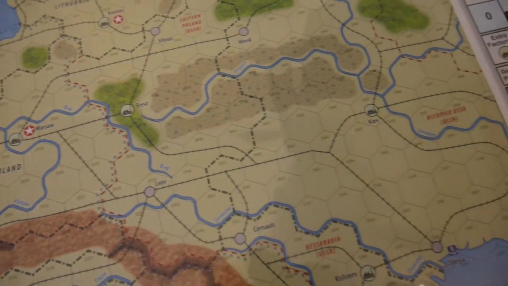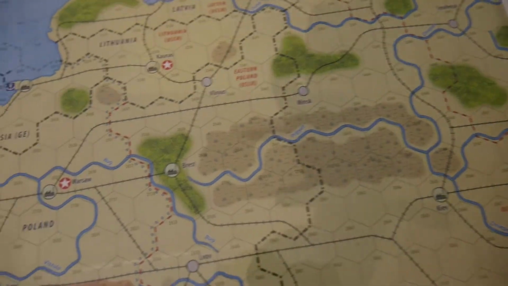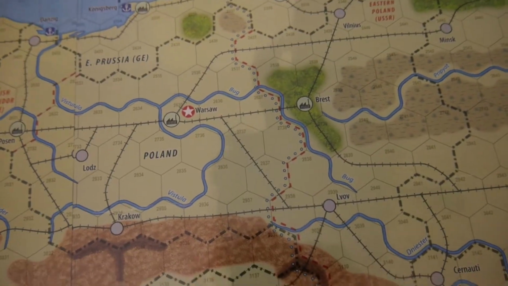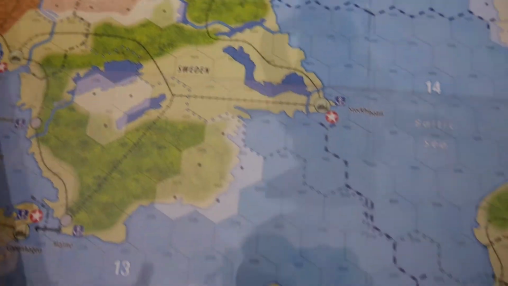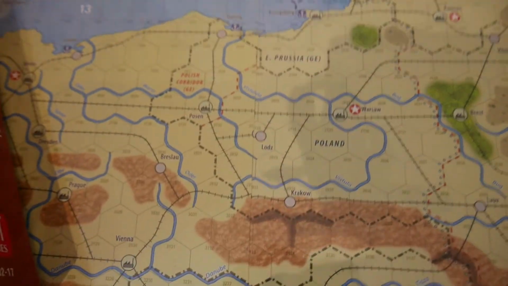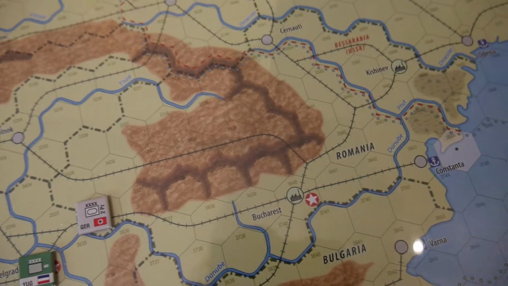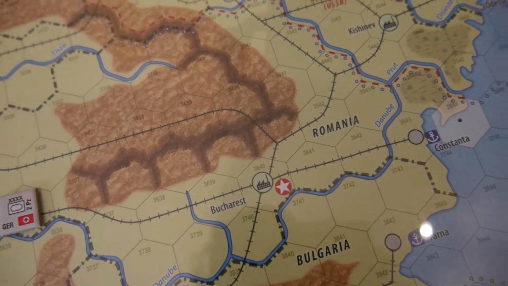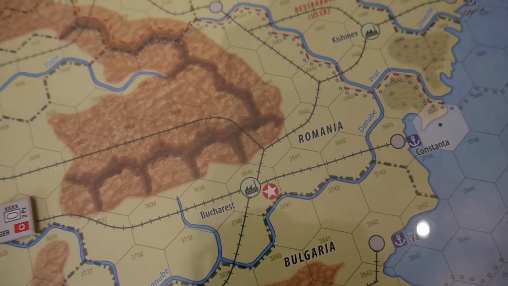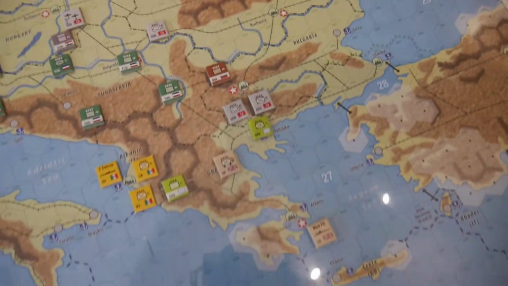minutiae. We've got the plains, the steppe of Russia there, the Pripyat marshes. You have woodland or forested areas. You have transport routes. You have mountains and rough terrain, rivers, cities and industrial areas. Capital cities are shown with those red stars, look, or rather red circles with the white star. And of course the sea zones down into the Med